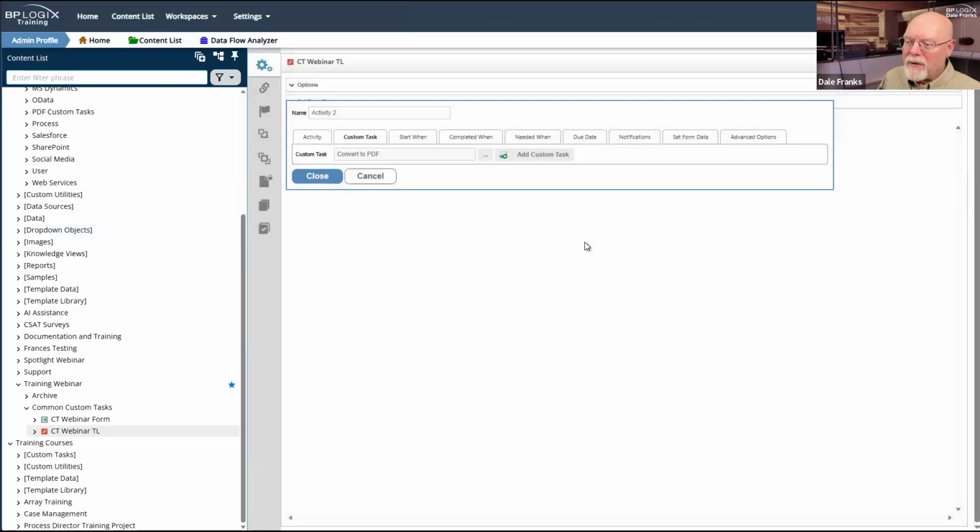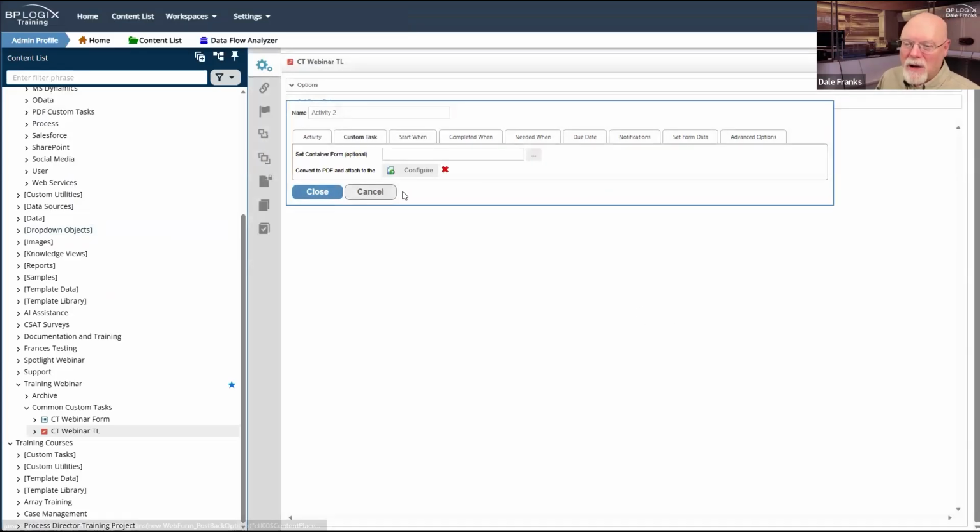I don't know what I've done, but convert to PDF, add custom task. Okay, so now activity 2. So let's say activity 1 is a user activity. I do something on the form, make whatever changes I need to make for it, hit the submit button. It now moves to activity 2. Activity 2 is a convert to PDF activity.